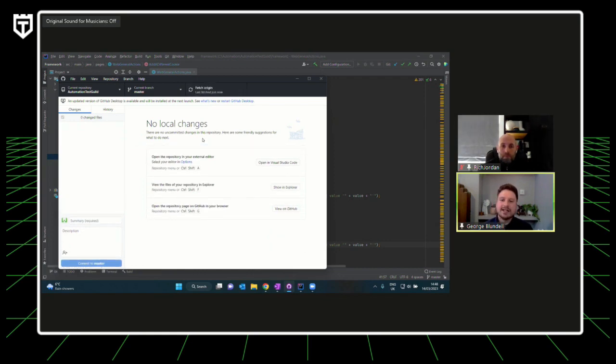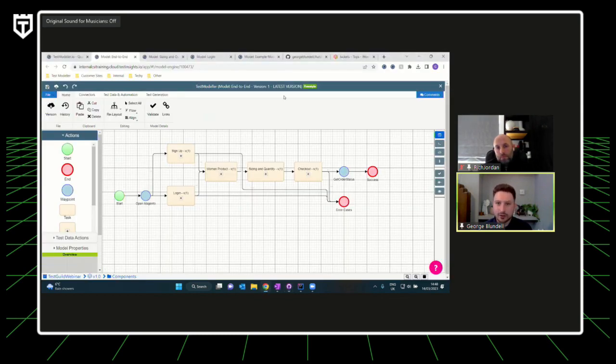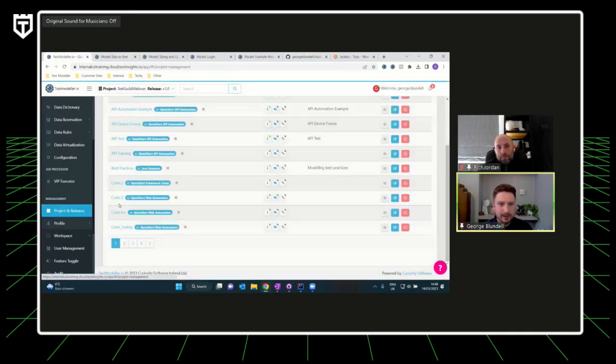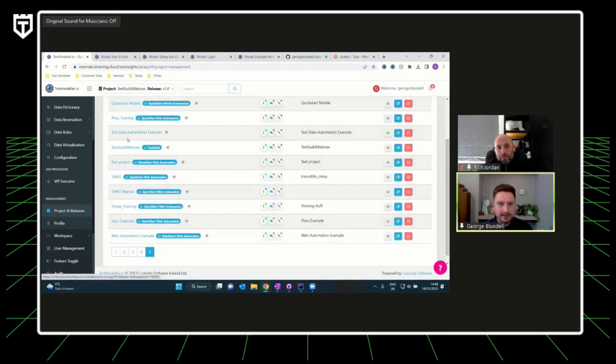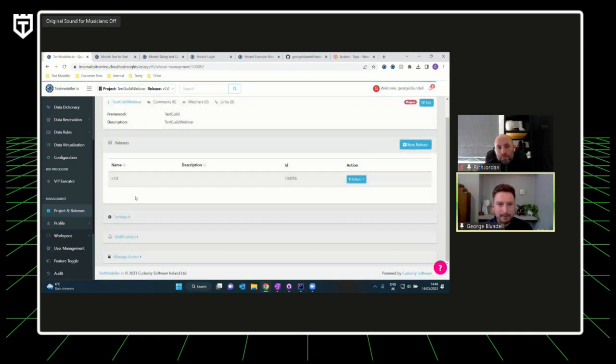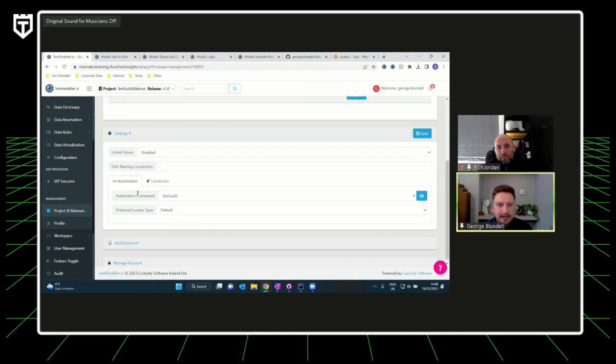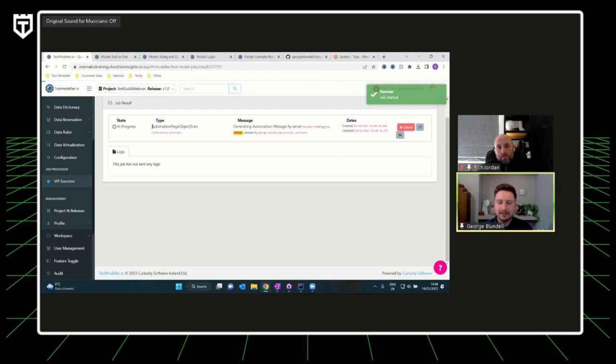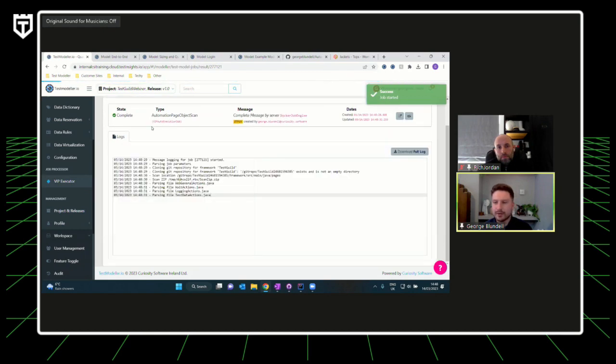And then what we can do is ingest that change directly into Test Modeler and directly into your models. So if I come out and go to the main menus, I'll pick up projects, Test Guild webinar. And under here, we have a little button that's going to go away and scan and pull in those changes that we made inside of that automation, inside of my IDE in this instance.